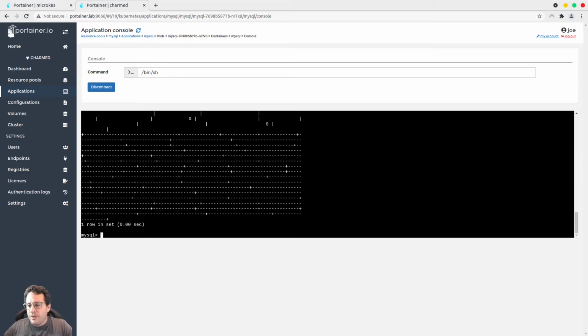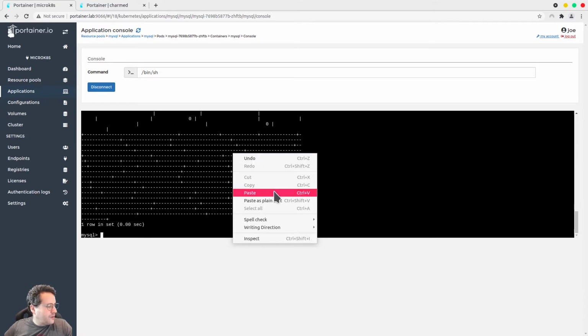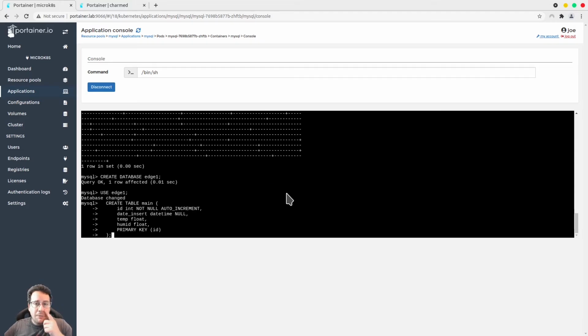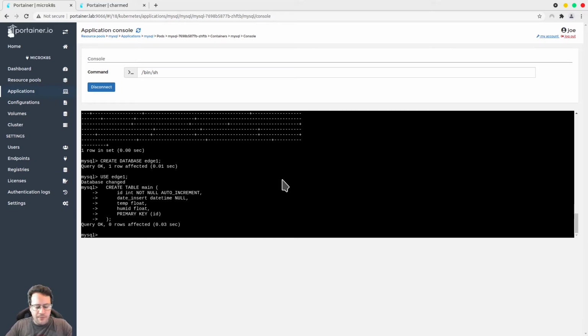It worked. Now we're going to create databases, one called Edge 1 and the other one called Edge 2. So the first thing I'm going to do is create the Edge 1 database on the microK8s. And this is just for the purpose of seeing the replication working back and forth. I'm going to create one database on one machine, which is the one running on the microK8s, and the other one running on the Charmed Kubernetes cluster, and you're going to see that these databases are going to be replicated back and forth. So if I do create database, use database, create the table, yada yada, okay, you show